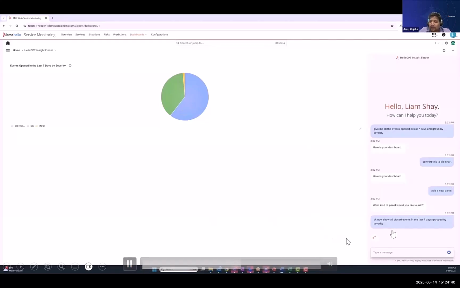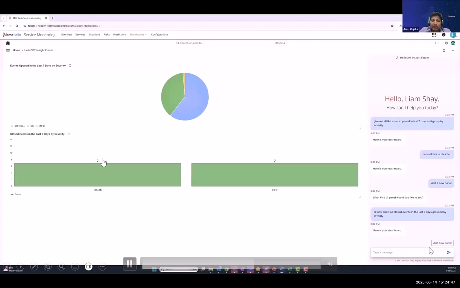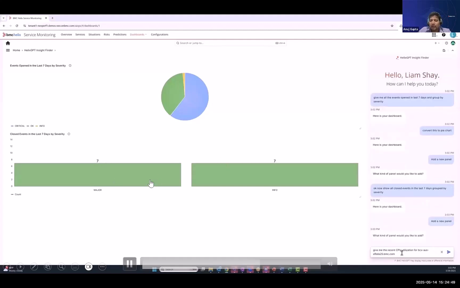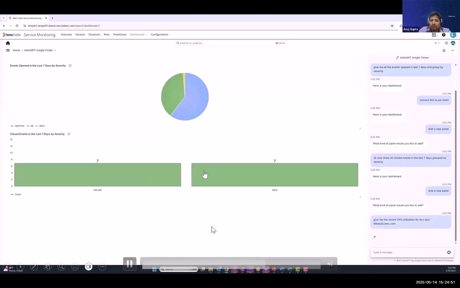So we are asking, now show me only the closed events in the last 7 days, again grouped by the severity. So it has provided us that panel, and now if you want to add another panel, you can ask and query, hey,